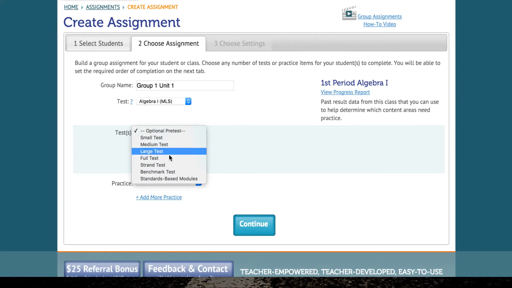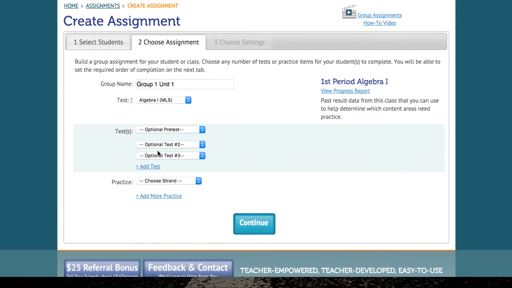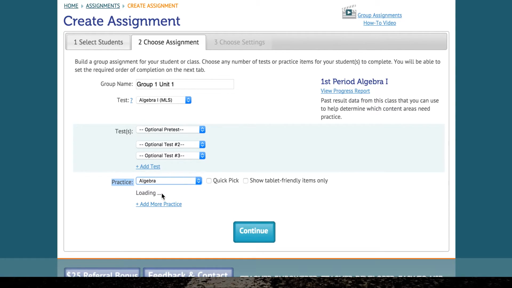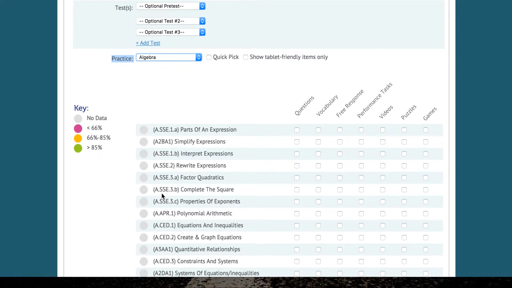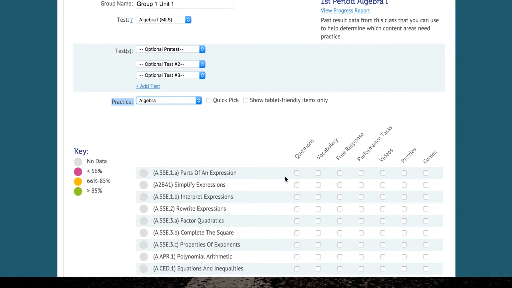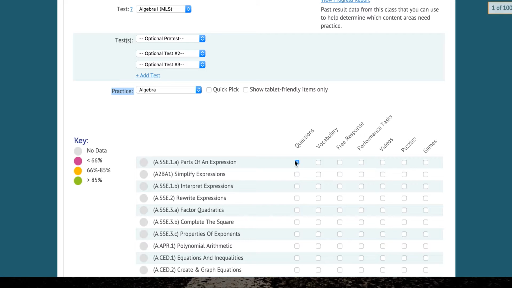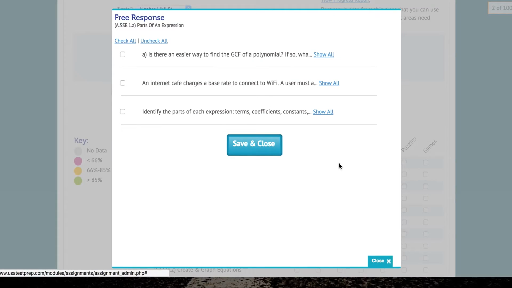So this first section, you do have some different tests that you could assign as part of your group assignment. Again, these are all the same tests that you can assign individually as well. I'm not going to add a test for my group assignment. I'm just going to go straight to practice and pick a standard. And once you pick a standard, you then have all of those same type of activities that we just went through listed here. So all you have to do is click the checkbox if you want questions, vocabulary, free response